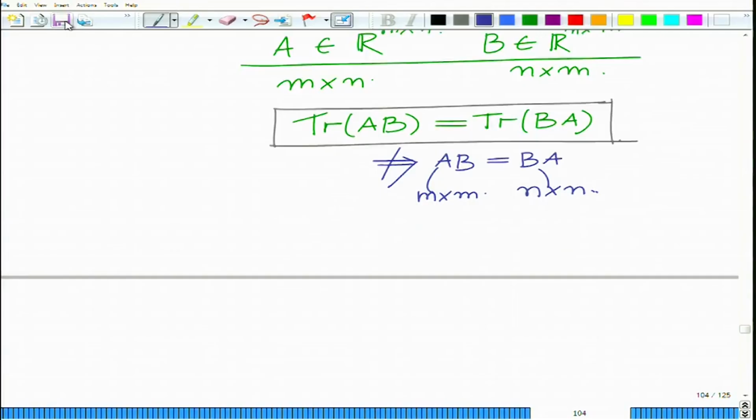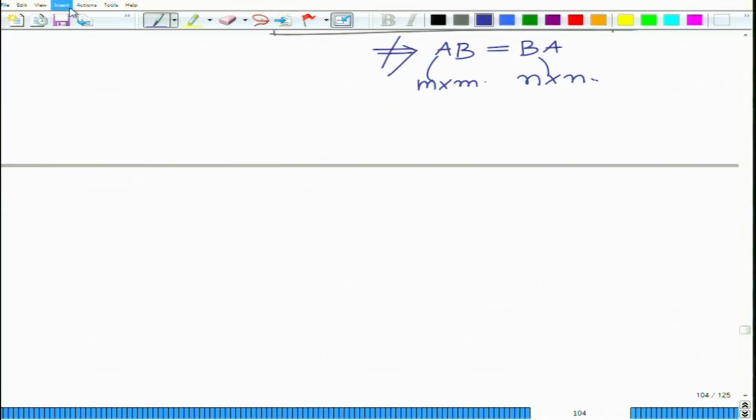BA. Okay. Now, let us start with this proof, and this is a very interesting property. This is very helpful in several simplifications. Now, first let us start by looking at the ijth element of the matrix product AB. You can show this is equal to summation k equals 1 to n of